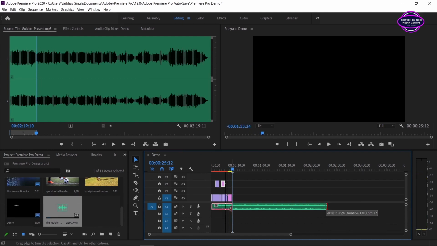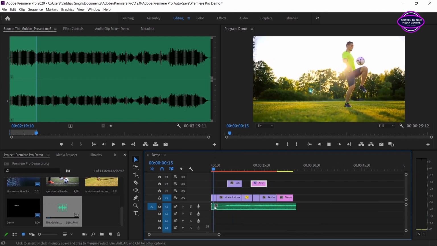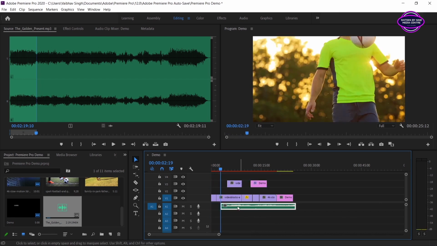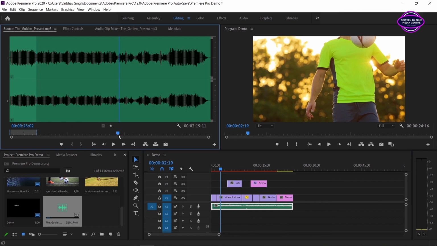Let's make some adjustments. I am adding the same music to another layer.